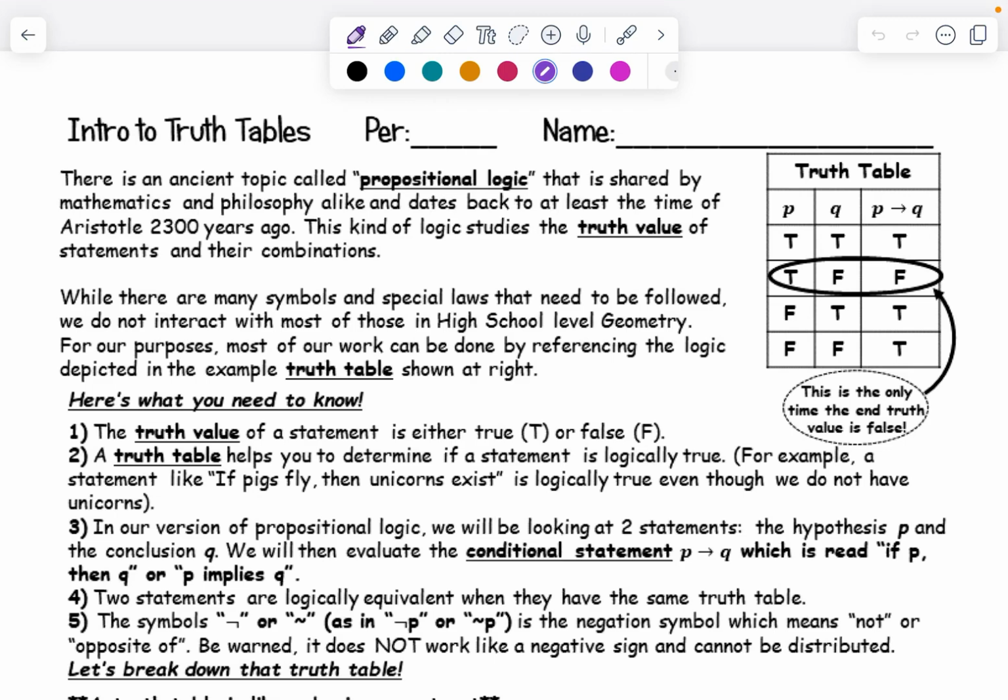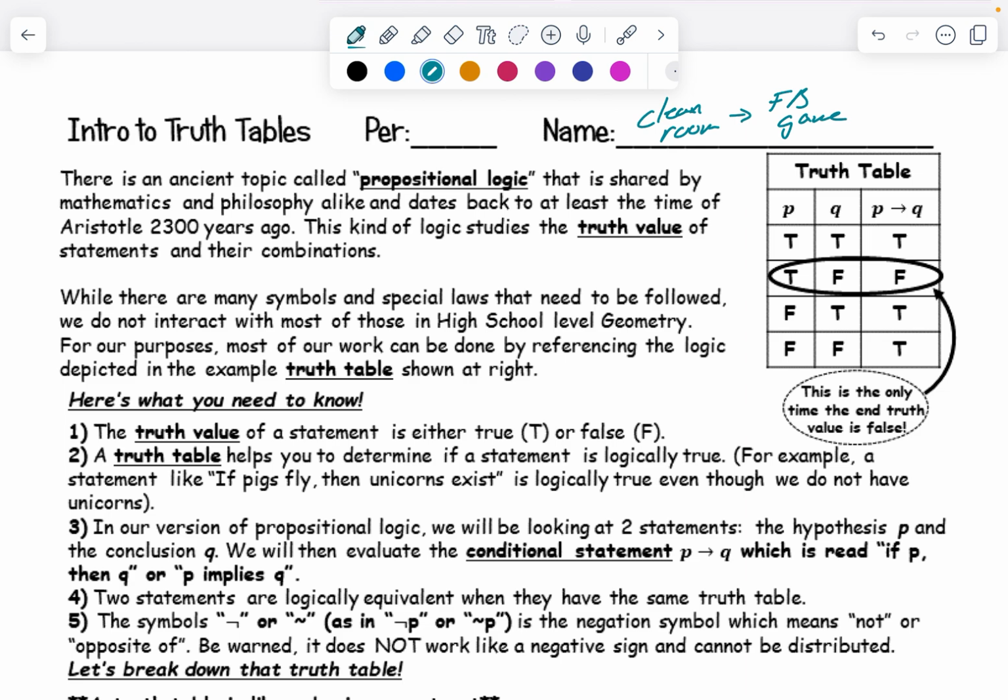Today we are looking at truth tables. So in class, we looked at truth values of a conditional statement. And I gave the example, if you clean your room, then you can go to the football game. And so when we analyzed that, we said that if you clean your room, you should be expected to go